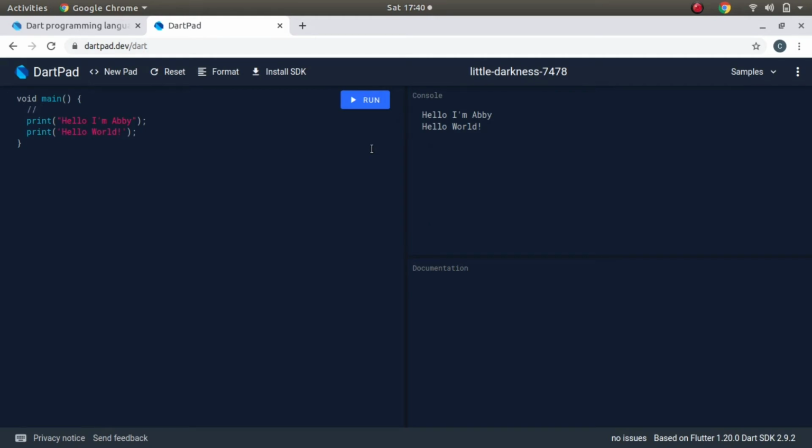Now to write a comment you have a syntax of double forward slash, and whatever I write after it is not recognized by the compiler. It simply ignores it. That's the meaning of a comment. Now why is there such a condition that after this everything is ignored, and why does Dart have this feature? So the answer is,